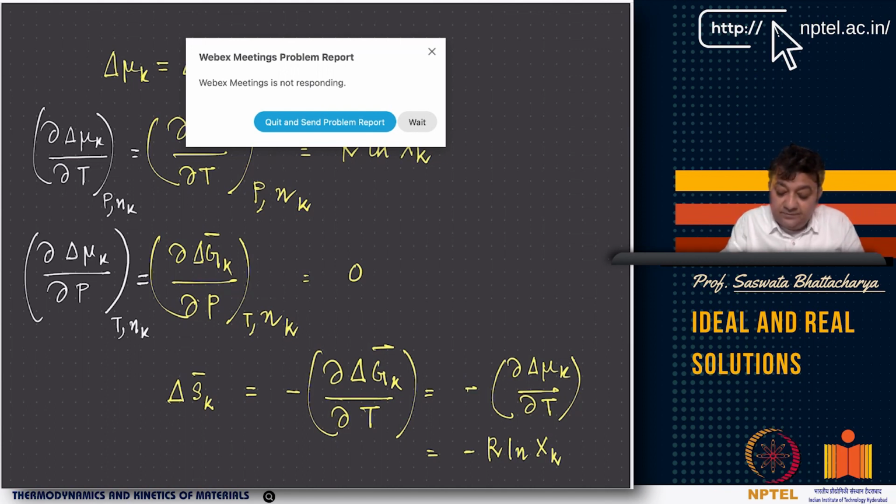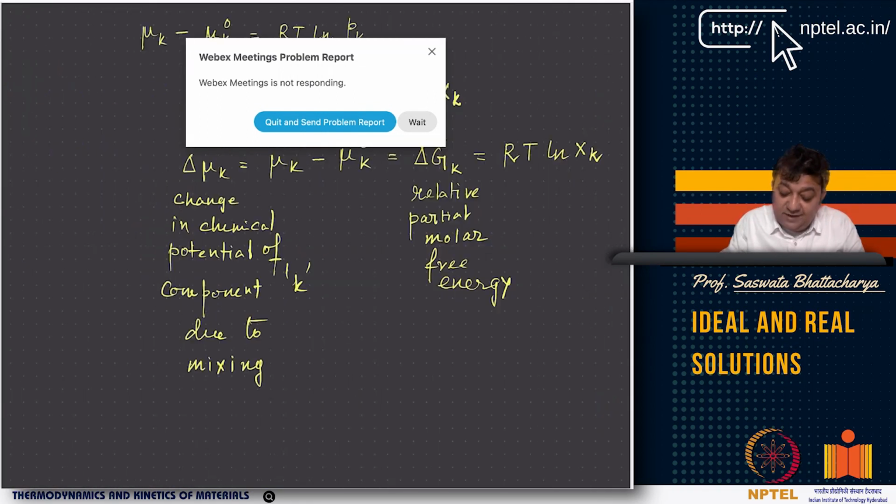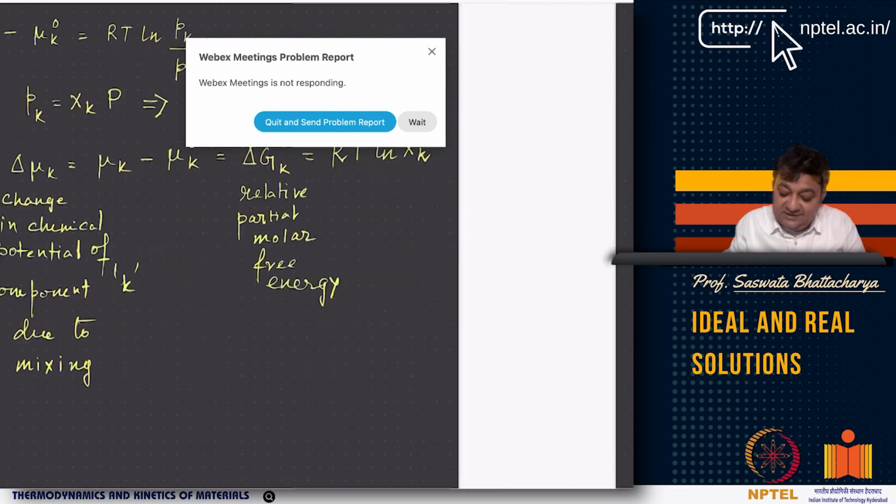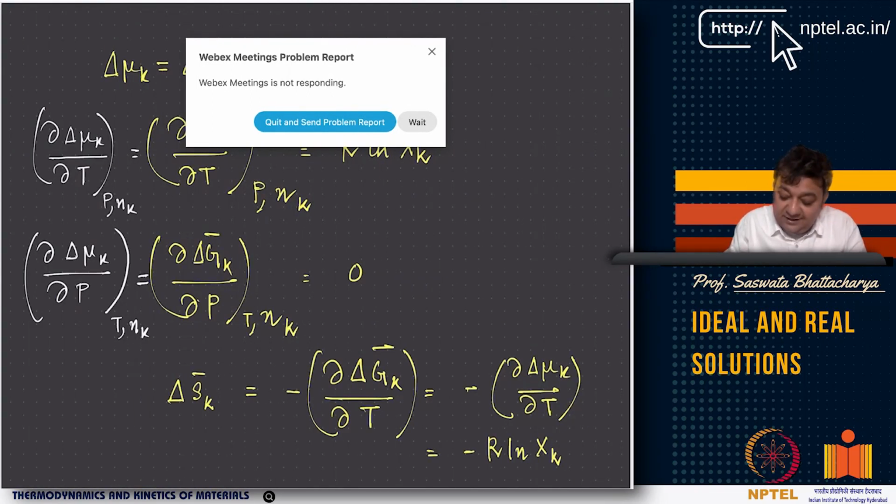So you have these two terms, and what you know is, from the equation dG equals VdP minus SdT, del G del T at constant P equals minus S. So S equals minus del G del T at P. This means that this relation also follows: delta Sk bar equals the negative of the partial derivative of the relative partial molar Gibbs free energy with respect to temperature, because S equals minus del G del T. This is what we are writing here.